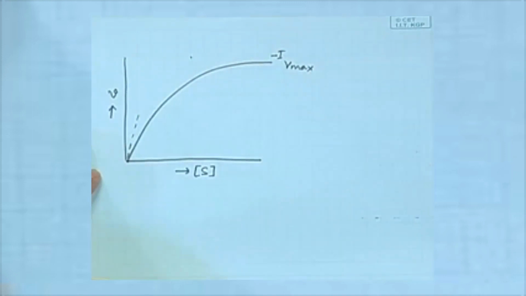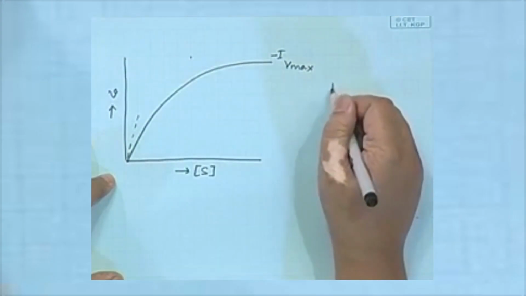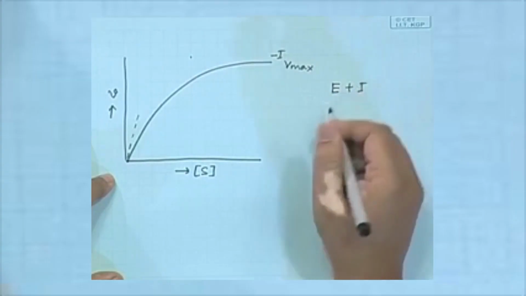Why? Because the total amount of enzyme is not available, and the Kcat also decreases, the Km also is affected, but the difference here is that your E plus I,